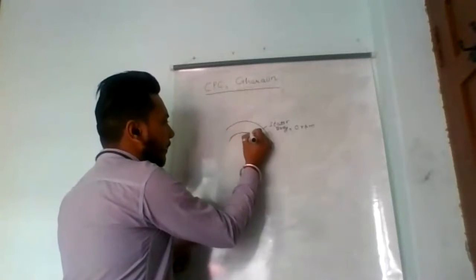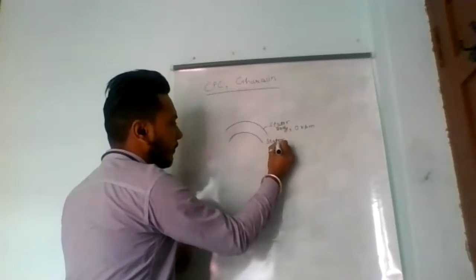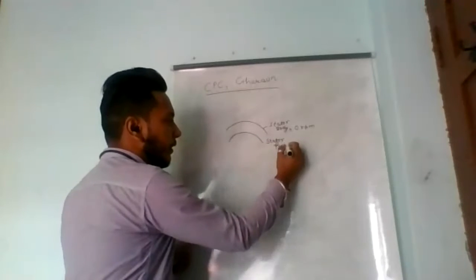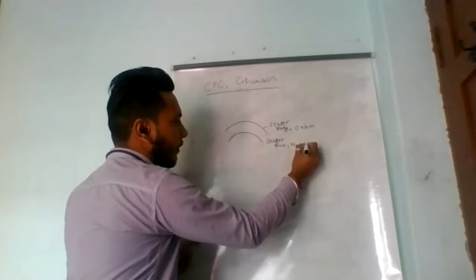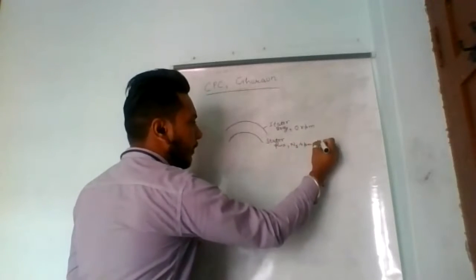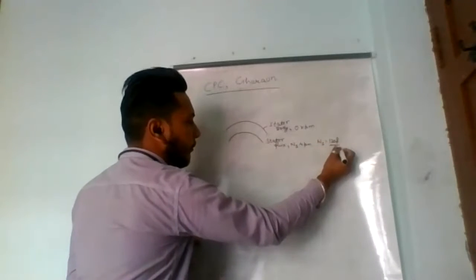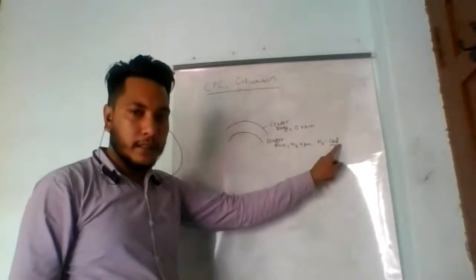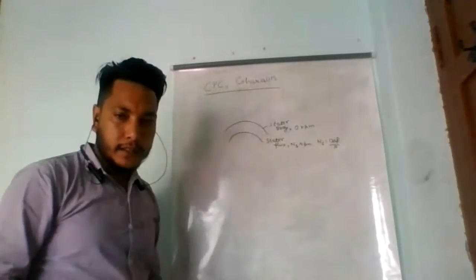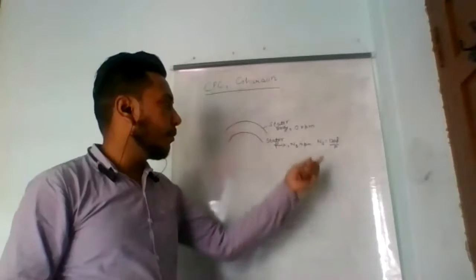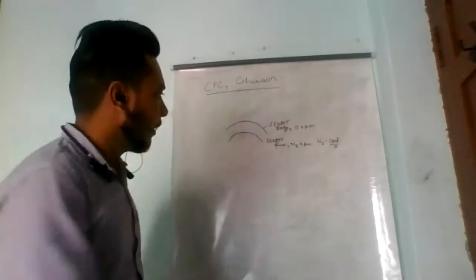Okay. After that, this is the stator flux, which rotates at a speed ns. Ns is nothing but 120 F upon P. F is the frequency of the supply and P is the number of poles. The number of poles may depend upon whether it is a single-phase or a three-phase motor.